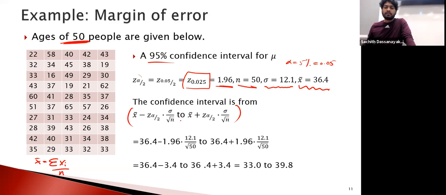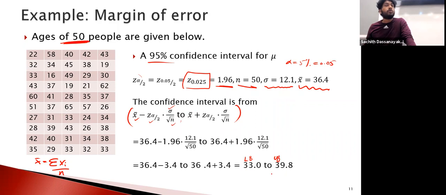Or you can write it using a comma. So X bar known, z alpha over 2 known, this one known, and this one known. Just plug the values and simplify it. You will see this is your answer. If you write it like this, this is the lower bound value, and this is the upper bound value.